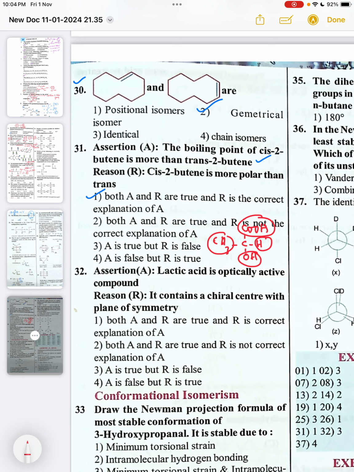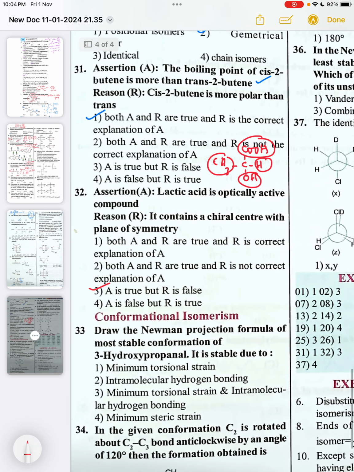Correct statement. Next, it contains a chiral center with a plane of symmetry. There is no plane of symmetry, so this is wrong. A is correct, but R is false. Plane of symmetry means a plane which bisects a molecule into 2 equal halves. It is not possible because 4 different groups are present. Symmetry is not present, that's why R is wrong. Next,